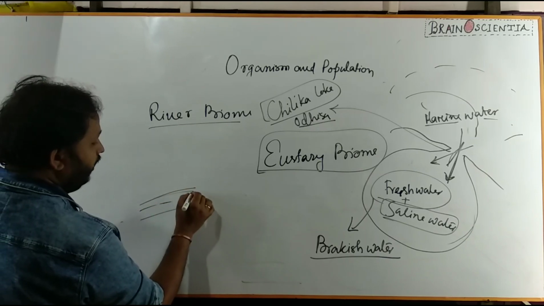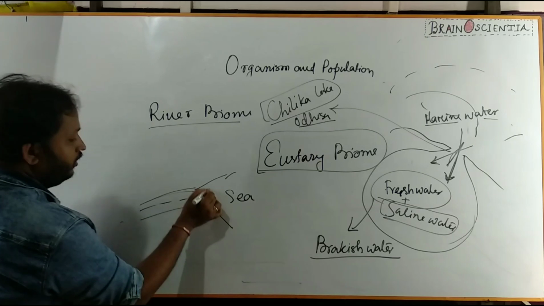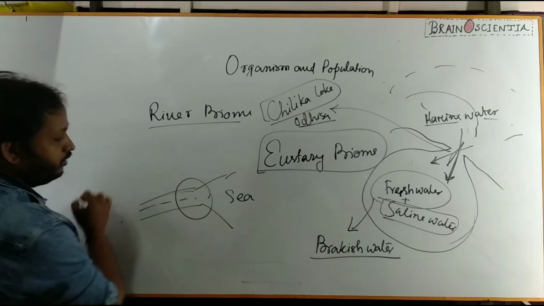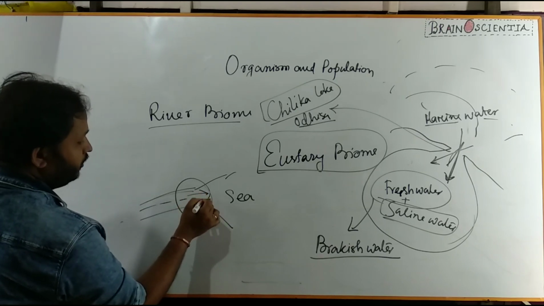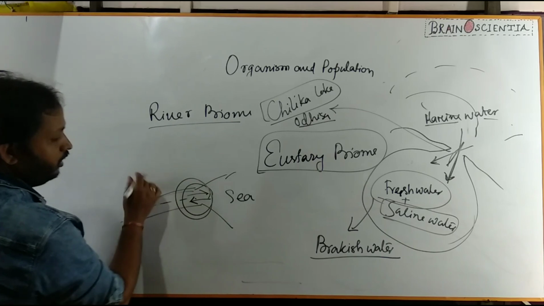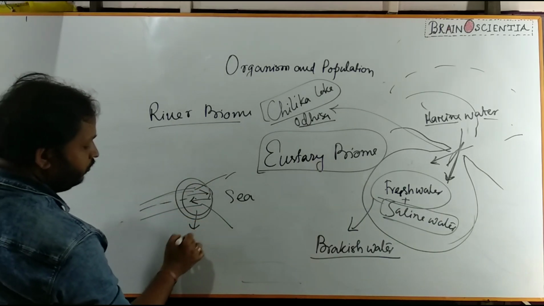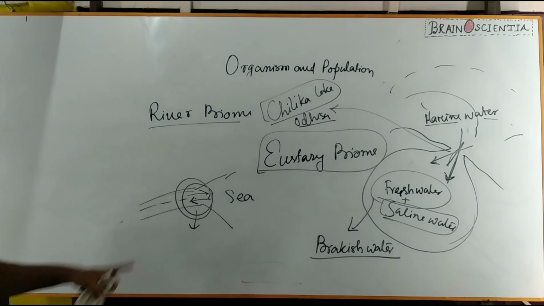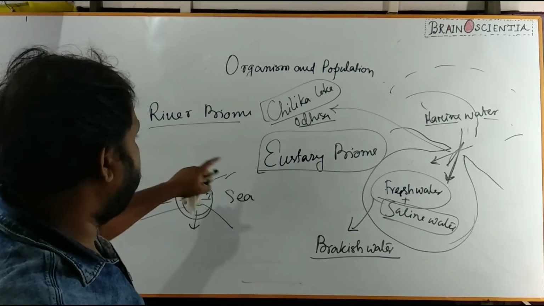Suppose this is a river flowing and it just enters the sea. In this region an estuary is also formed, where intermixing of water takes place. Fresh water mixes with the ocean water, and ocean water mixes with the fresh water. So in this region both fresh water as well as ocean water is found. As a result, this is the formation of an estuary. So this is a very productive biome, and it comes under